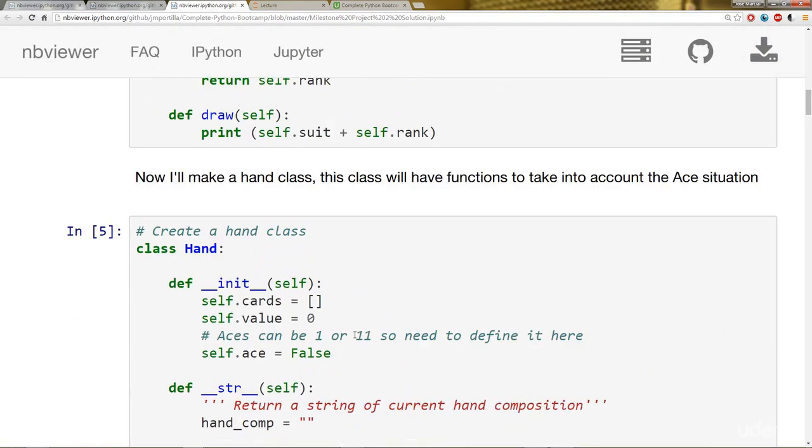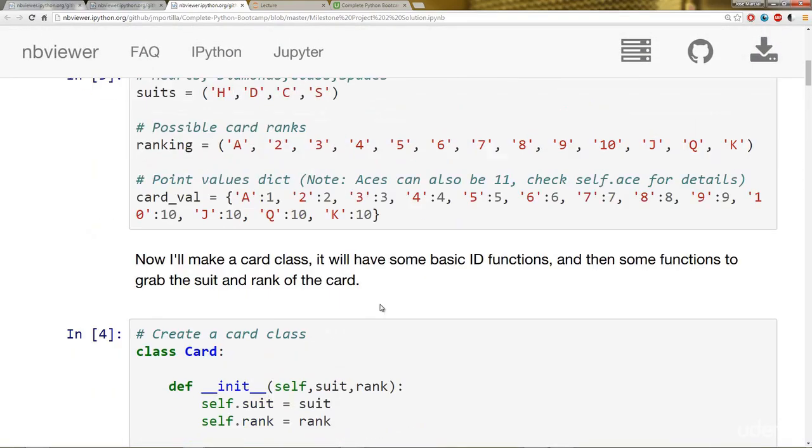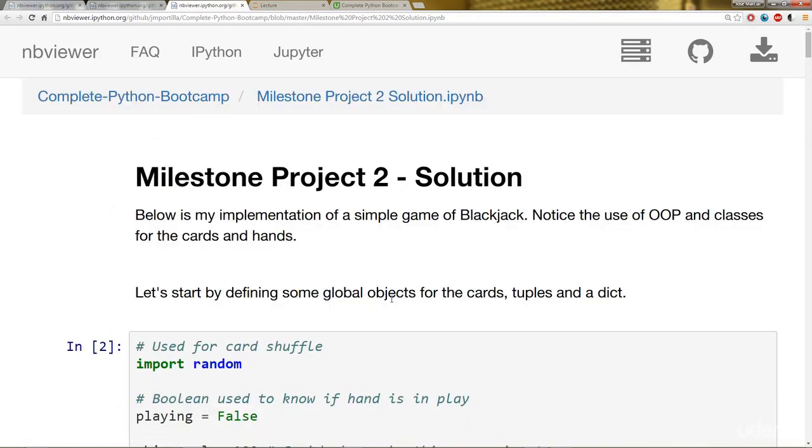I'll let you go ahead and check out the functions. I use global variables just because it's in the Jupyter Notebook and it's a little easier that way, but you didn't have to. There's tons of ways to implement this game of blackjack, so as long as it works and as long as you're happy with it,